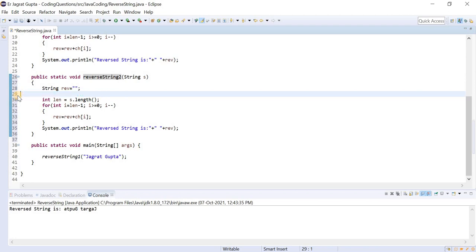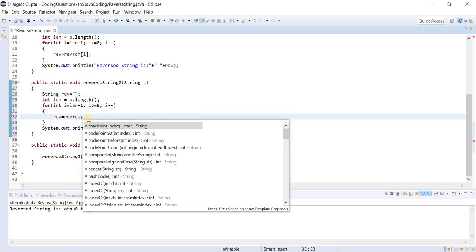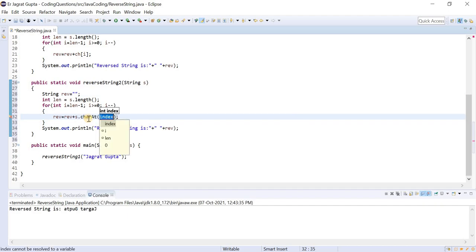There is an alternative approach. You can see that we removed it, and here we will write the charAt method. It is an inbuilt method in the string. It will pick the character from that index and it will traverse.